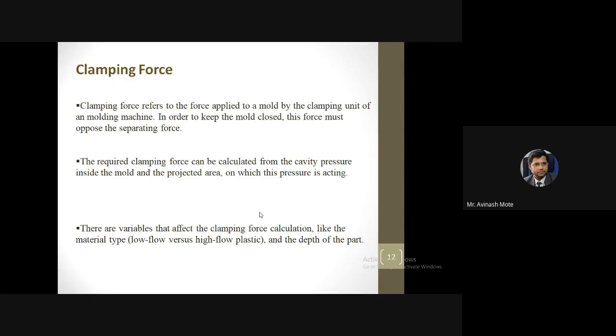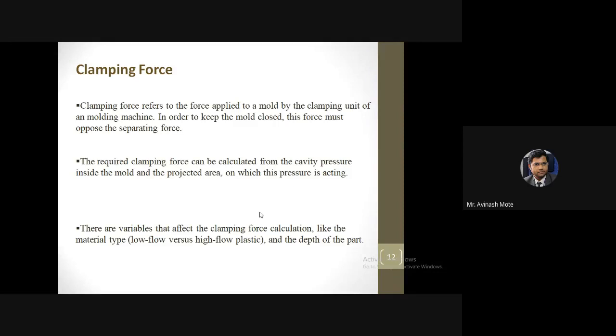So that the liquid or semi-liquid material will occupy each and every space inside the cavity. If flowability is good, the material will occupy each and every location on its own, so the pressure requirement will be less, and obviously the clamping force will go down.